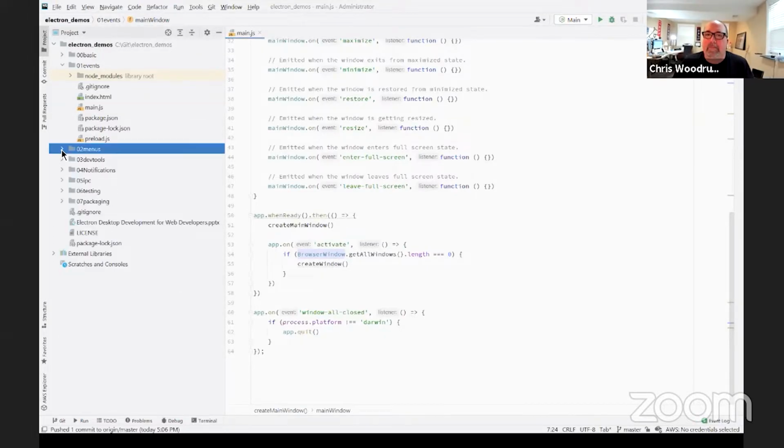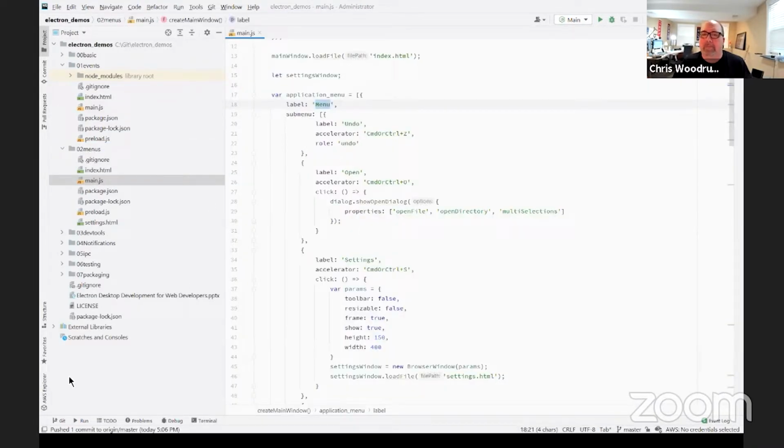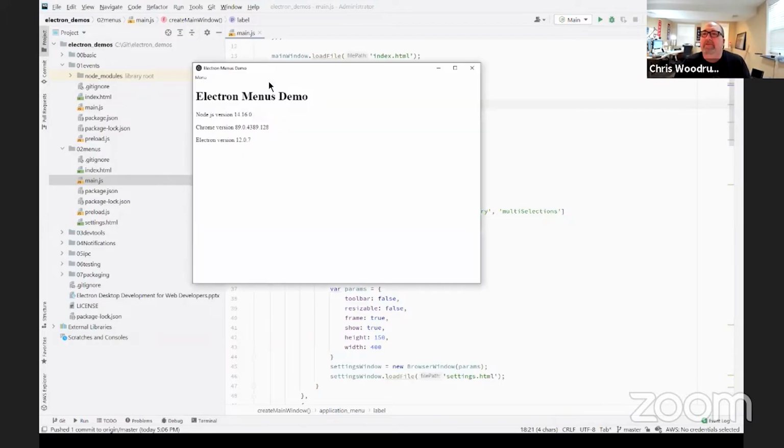More interesting is the menu. Let me run this application first. You saw the default menu. Now if I run this application, you'll see there's an entirely different menu here.